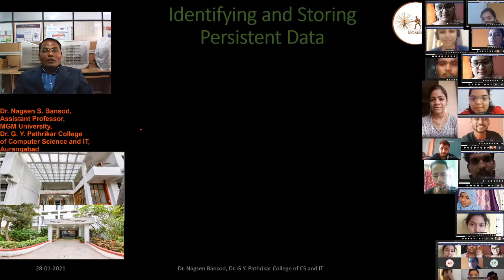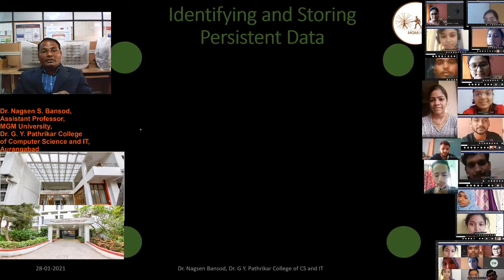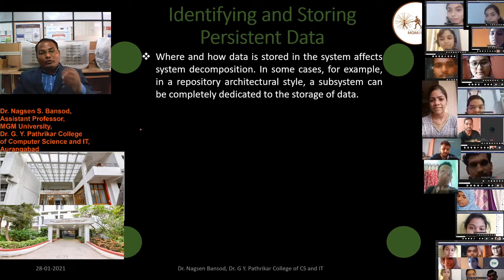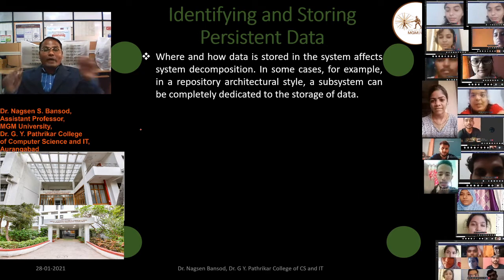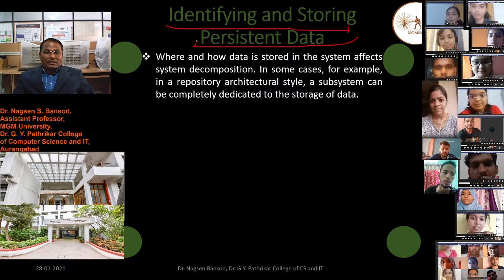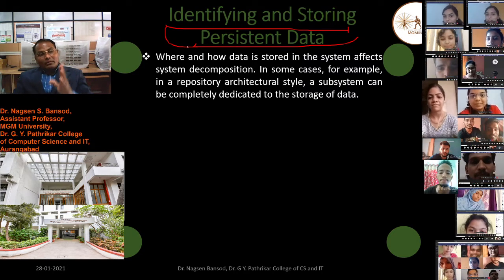Like this, we have to identify and store persistent data during the software development process. When you acquire data, when you elicit information from the customer, then we have to identify the persistent data. Persistent data is the data which is static and never changes.